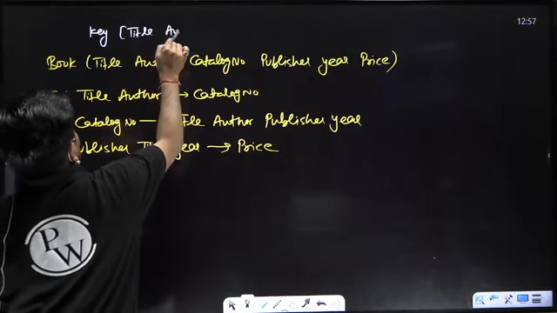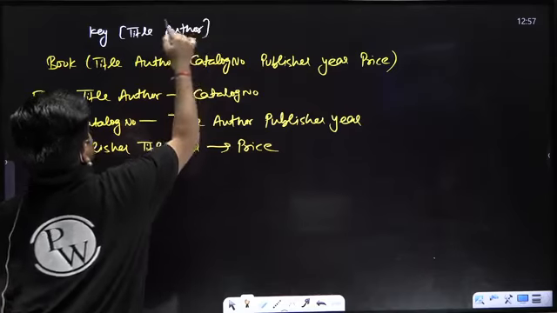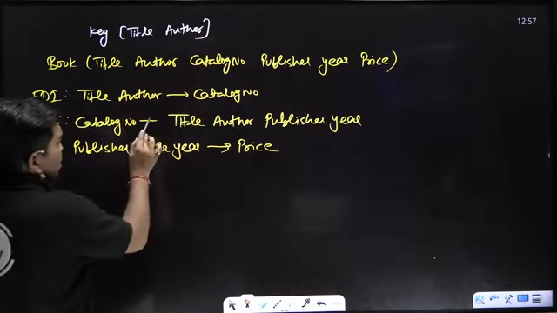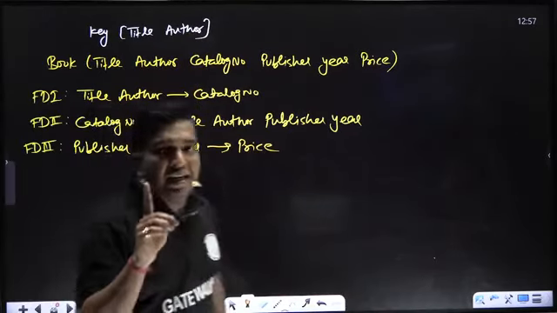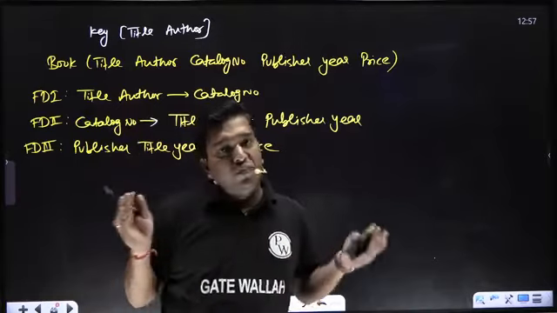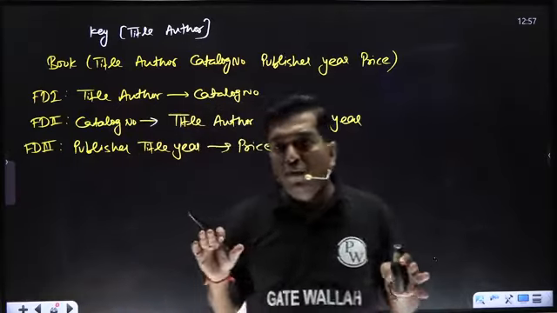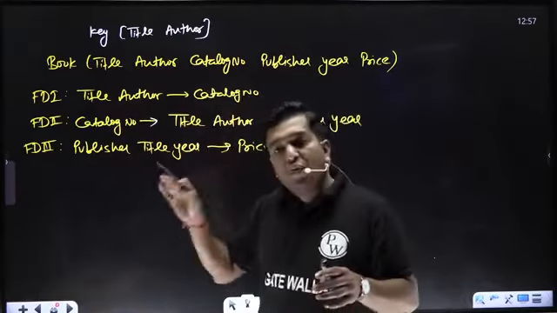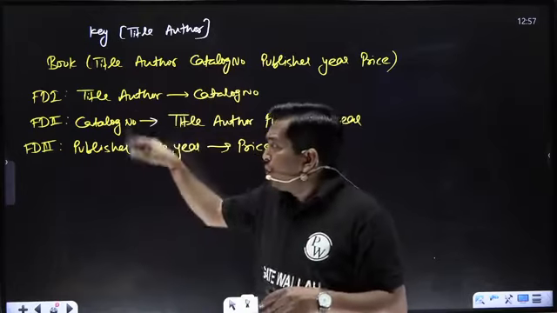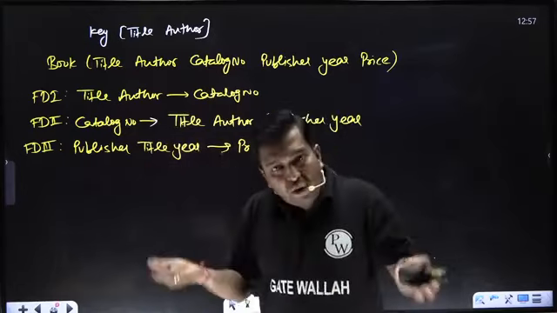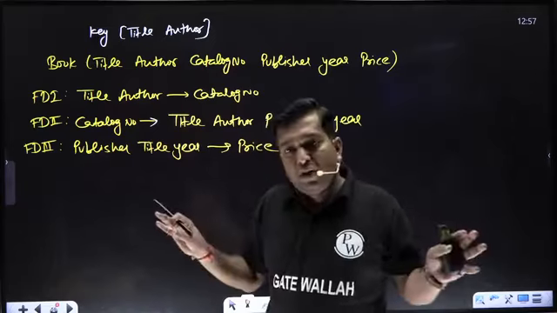Title and author is the key. Okay, but here you can see title and author. देखो, I will take both cases. मैं दोनों केस लेने वाला हूं. एक तो अपन टाइटल और ऑथर को ही की मान के करें, और एक अपन अकॉर्डिंग टू द एफडीज, इज देयर इज एनी मोर कैंडिडेट की, we will do both approaches.